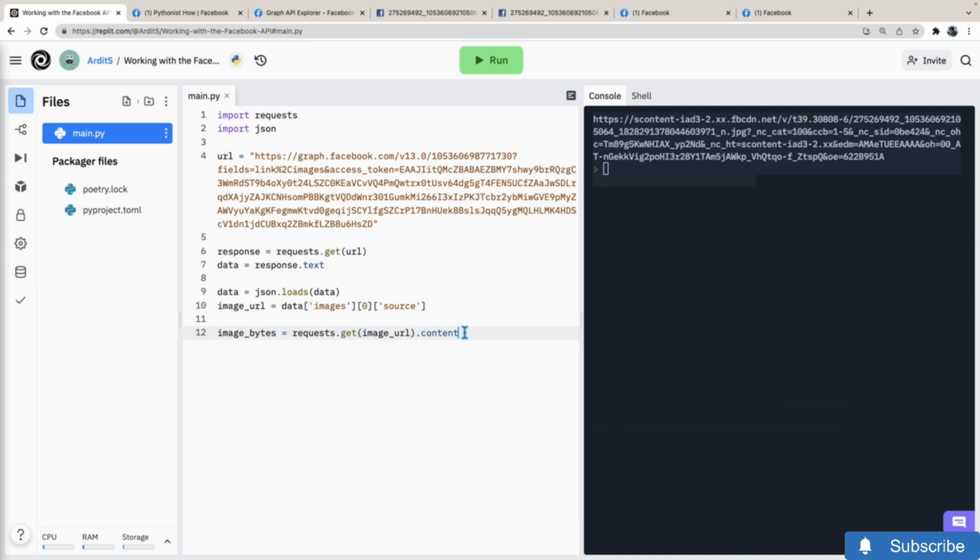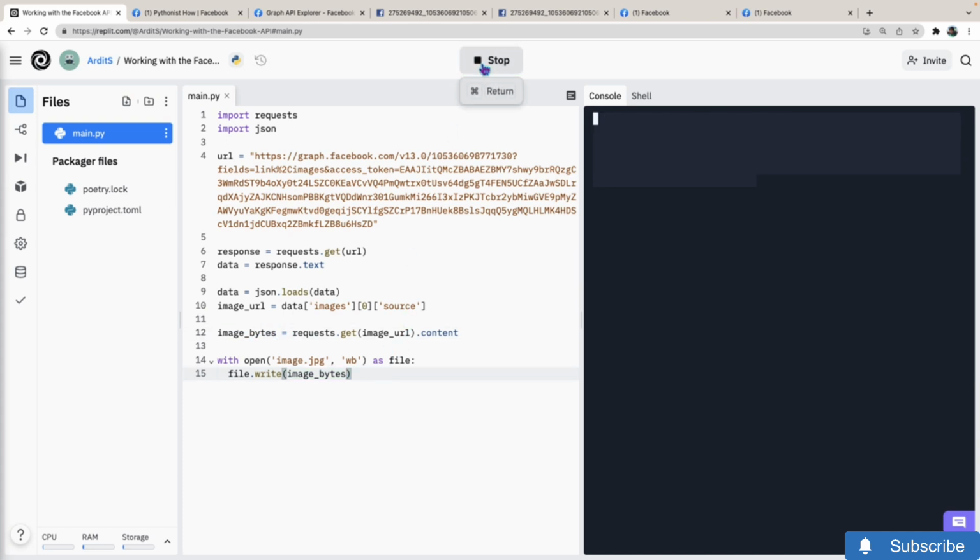So now we want the content, not text, so we were working with bytes. Images are binary files, they are not text files. And then we open a file locally with open image.jpg in write binary mode as file, and in that new file object we write the image bytes, that variable,